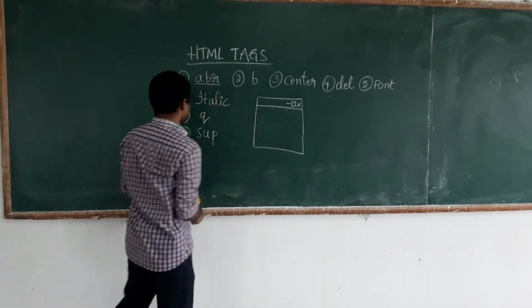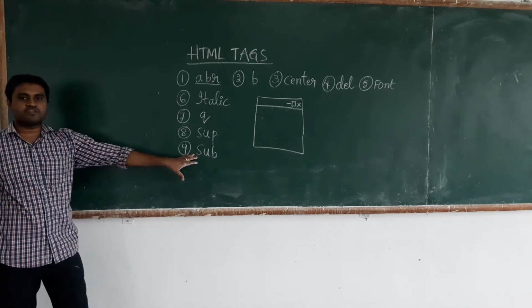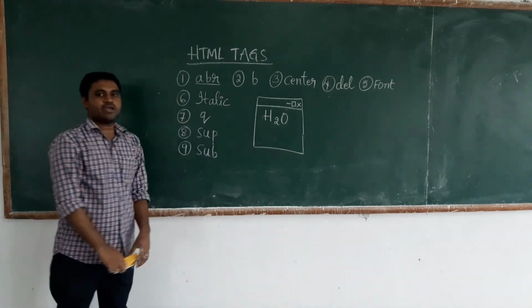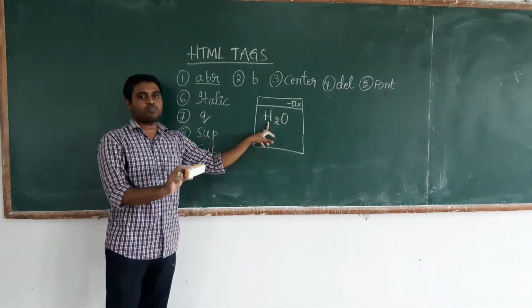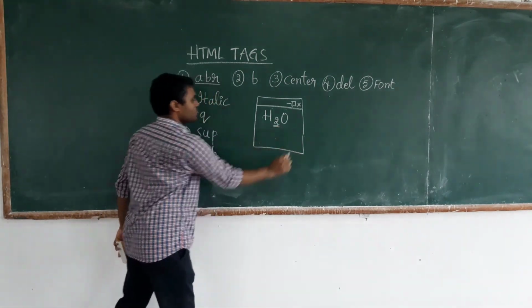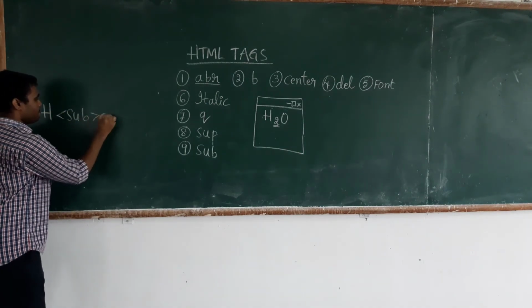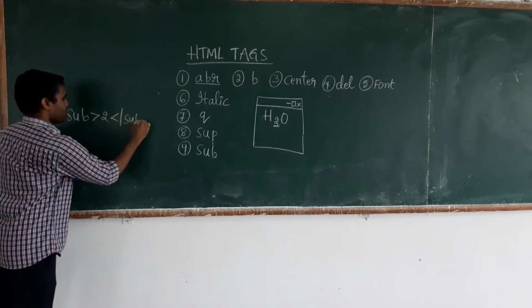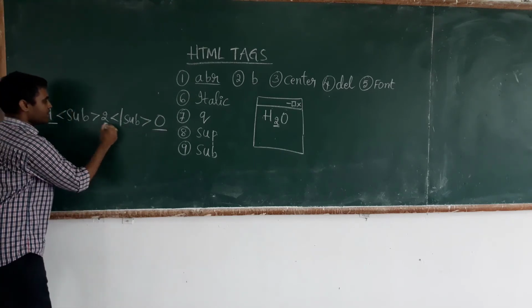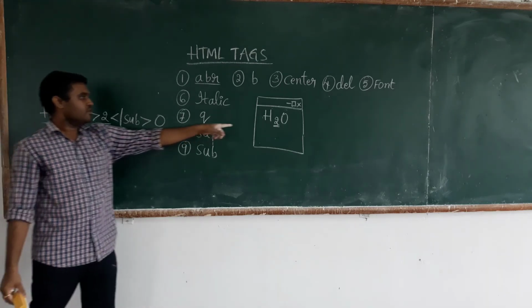Next one, let us say for example, the 9th tag, subscript. It is widely used to define chemical formulas. Let us say for example, you have to display the chemical formula of water, that is H2O, in the web page. So in such cases you can use a tag called as subscript. Here the subscript is 2. So for that purpose I can write a statement like this: H subscript SUB 2 /SUB O. So H is normal text, O is normal text, and 2 is subscript. So this piece of code in HTML will display this below.